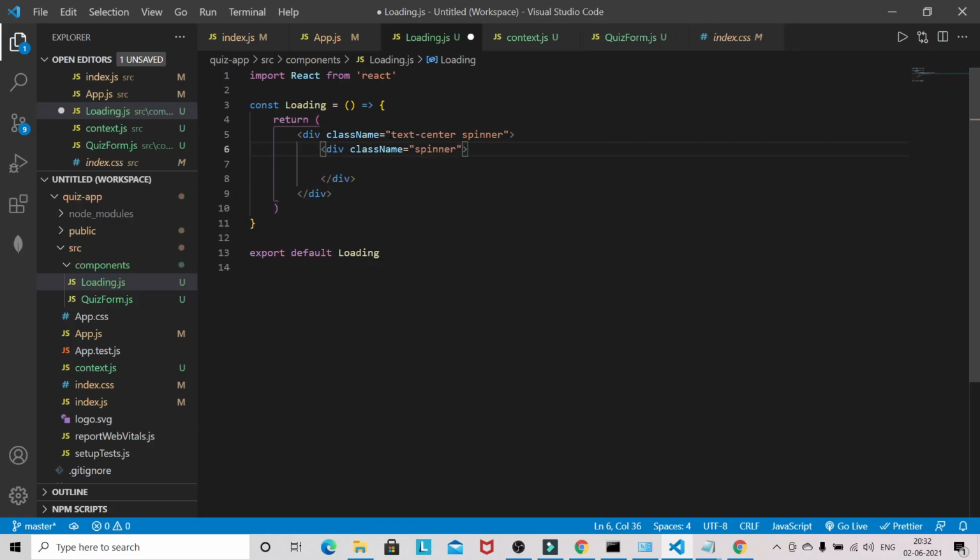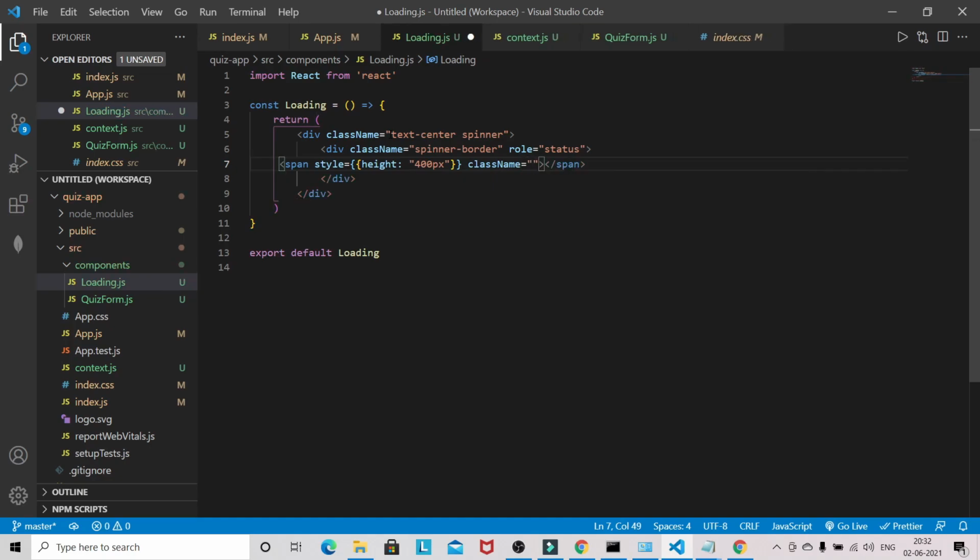So spinner-border and role equal to status. Okay, and span, I will give some internal style, I mean inline style, 400 pixel.